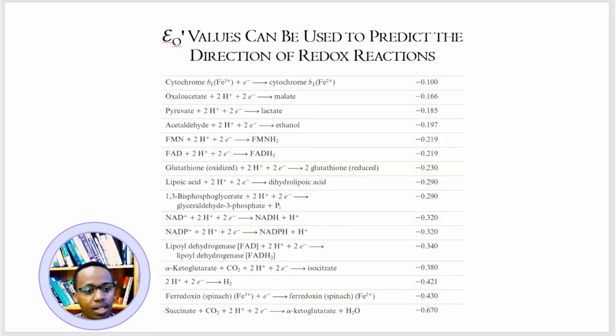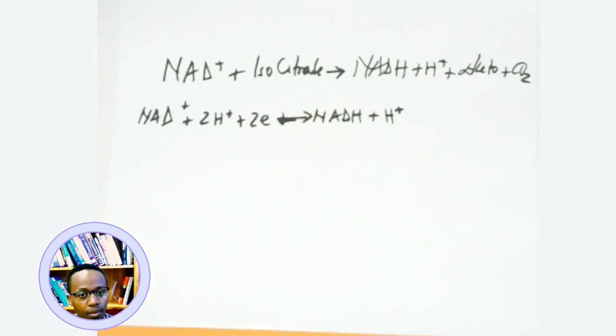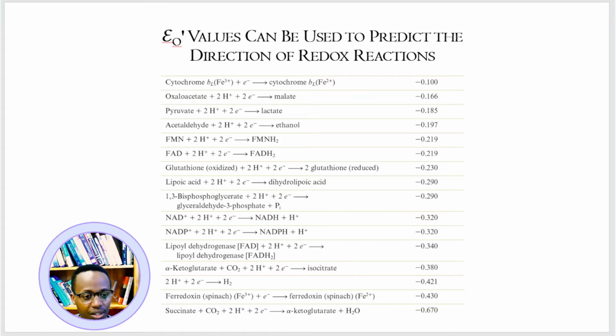That's the first half reaction. And the second half reaction is this one, alpha ketoglutarate plus CO2. But this one is going to be reversed, right? Remember that. So